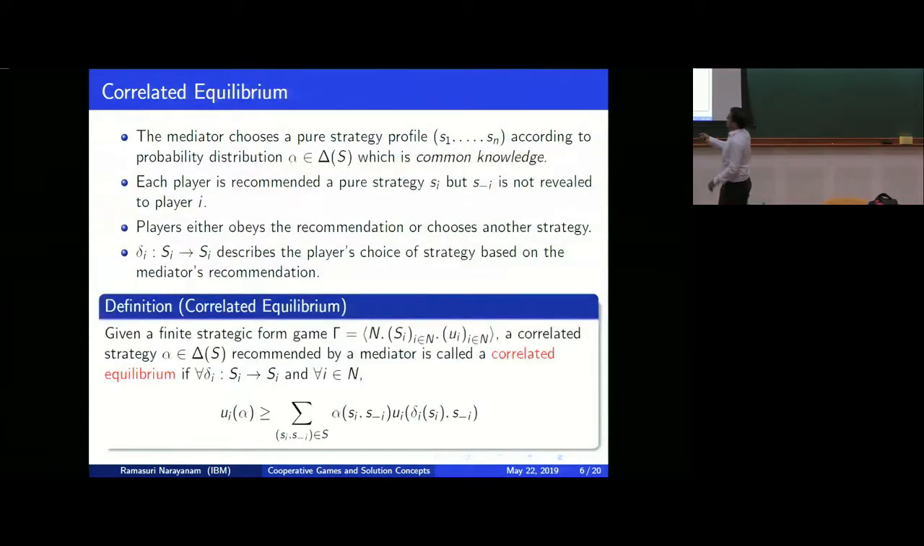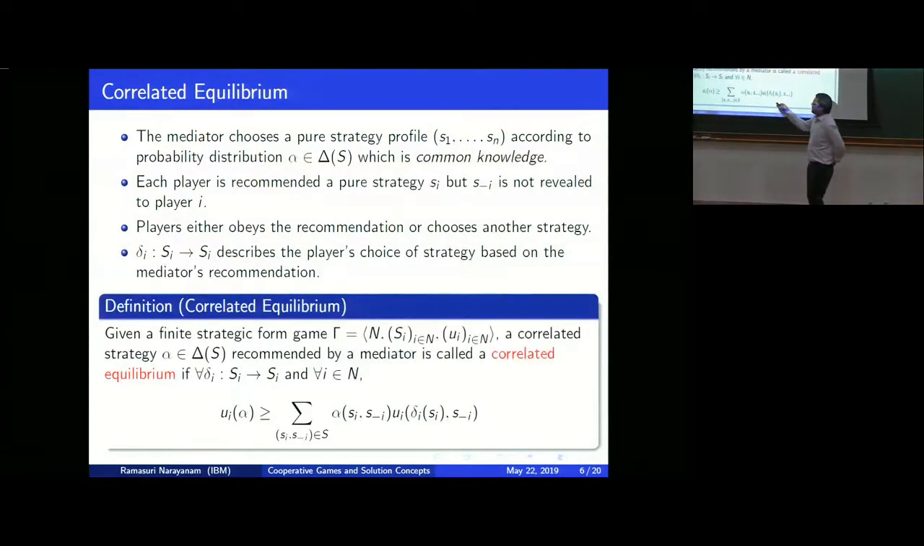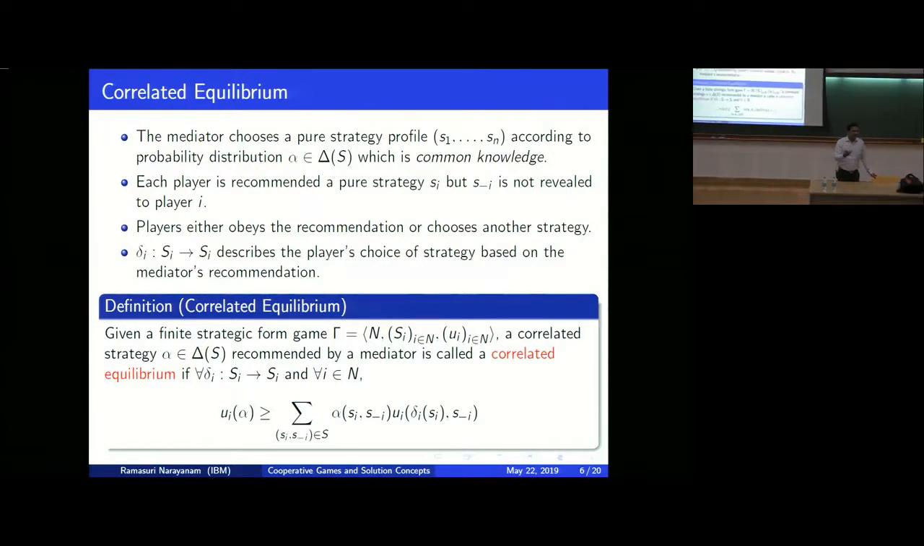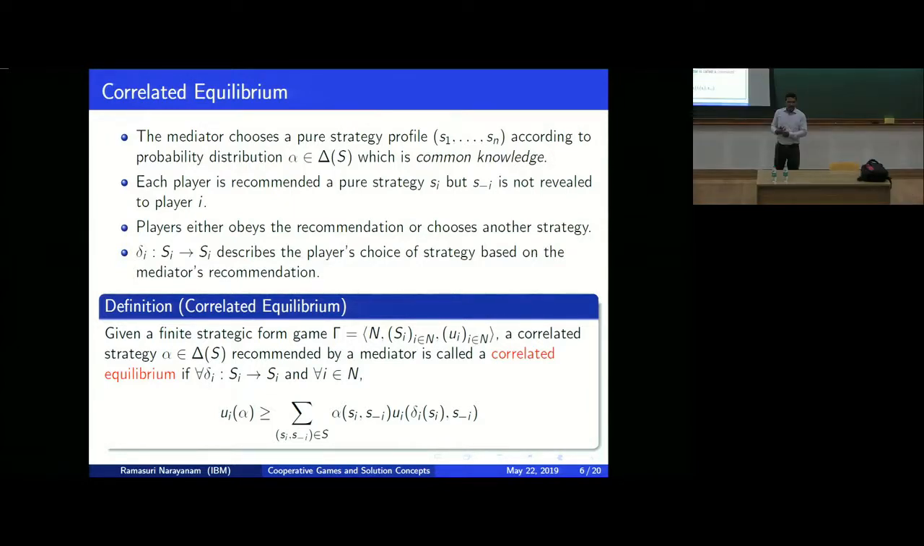Now we define the important notion called correlated equilibrium. We have seen Nash equilibrium, where all the players independently play the game without any cooperation. Now we are bringing the notion of cooperation into the context of non-cooperative games through these correlated equilibria. Similar to Nash equilibrium, we should also have correlated equilibria. In spirit, it's a similar definition. Now, given a finite strategic form game,